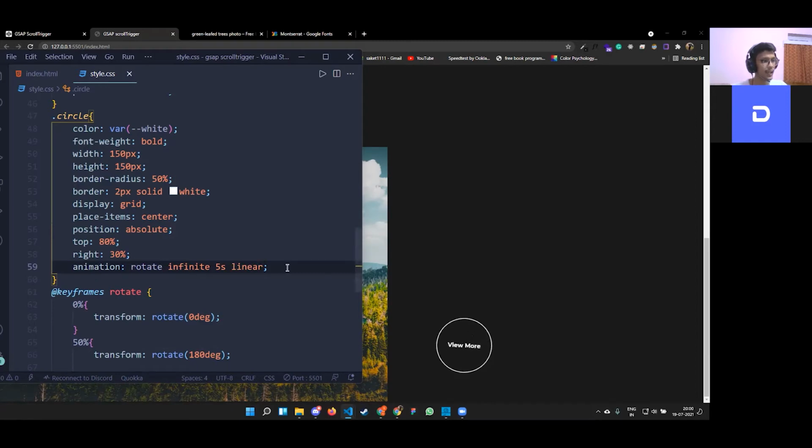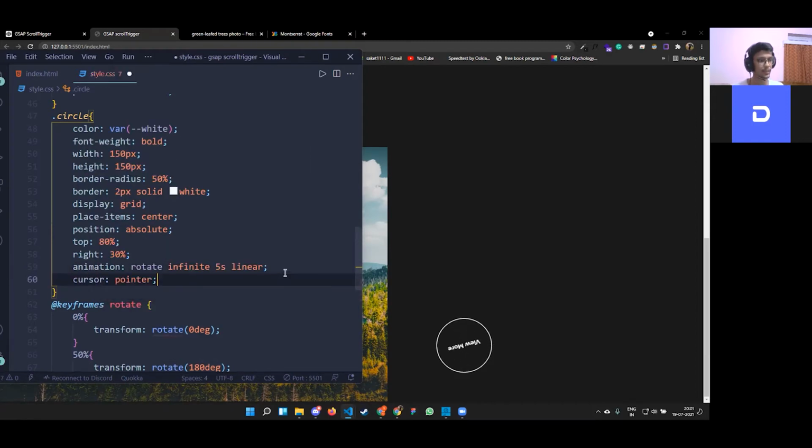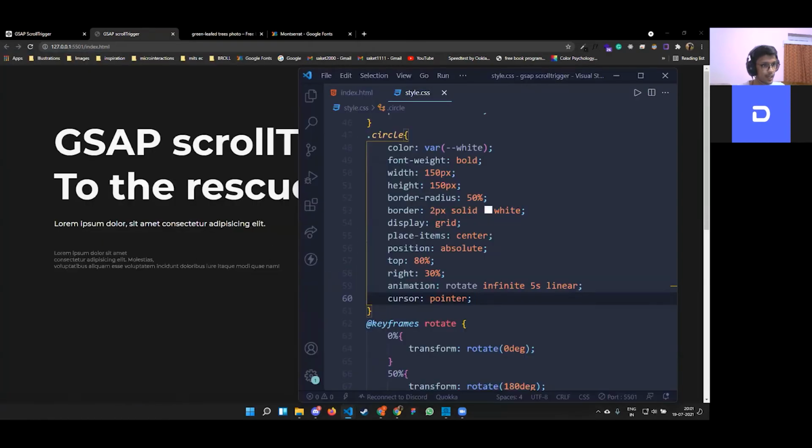One more thing which we can add here is cursor pointer, save it, so now it looks like a button. Okay, so now this works fine, and I think that we're completed with the CSS portion. We just have to add